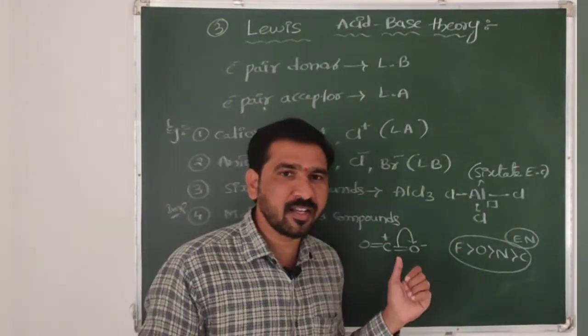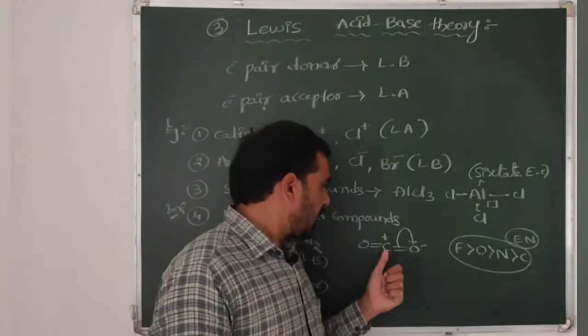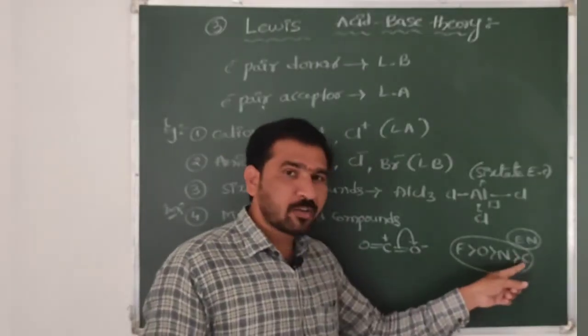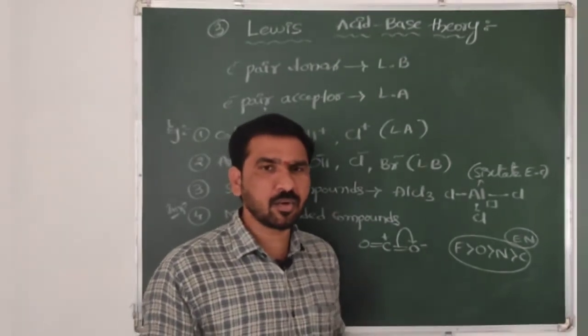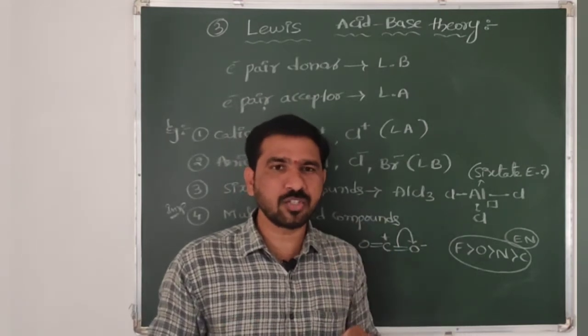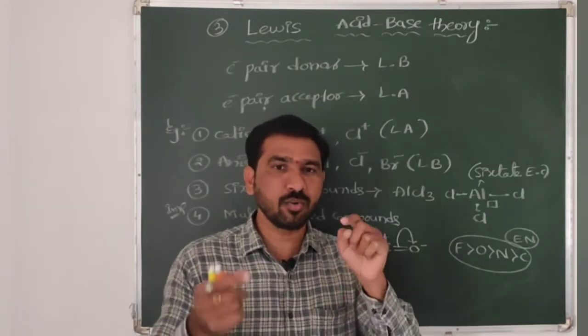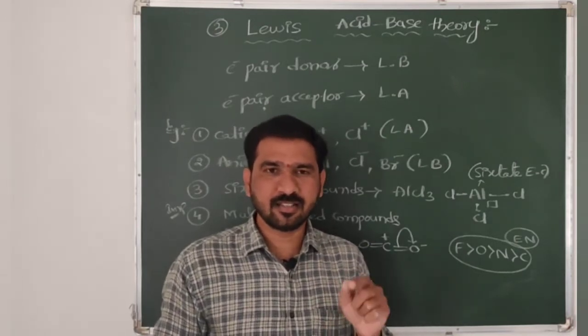Is there any difficulty here? Yes, the difficulty is there. What is that difficulty? Carbon is a more electronegative atom but has a positive charge. As I told, a more electronegative atom is always interested in containing a negative charge. If a positive charge is there over the more electronegative atom, that does not exist, that is less stable.